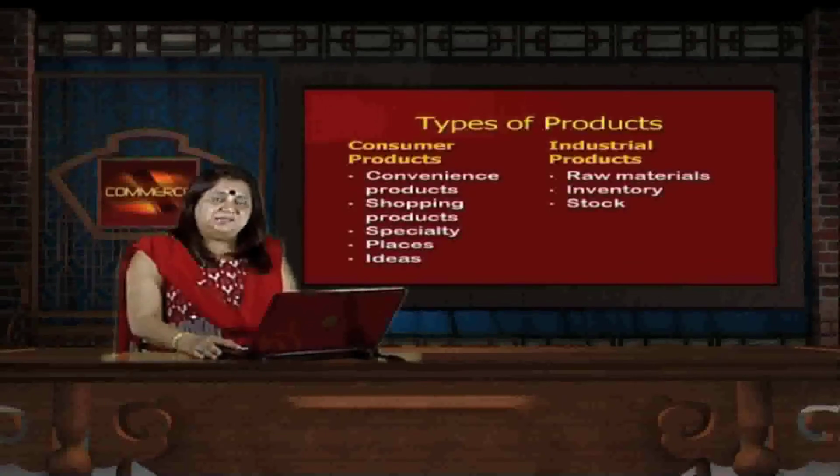So, these products have a value and they are offered to the customers, but industrial products are not visible to the customers. They are not advertised and marketed the same way as the mass products are advertised. They are the products which are used in the shaping of the value chain and the supply chain. So, they are the basic raw materials, inventory and stocks which establish a relationship between the manufacturer and the vendor.